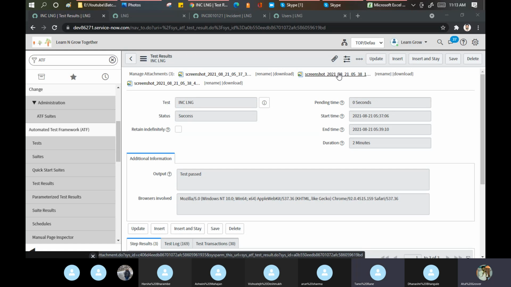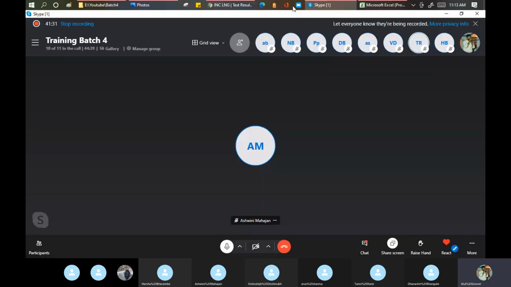Okay. Clear? Yes, Arun, Harsha, Ashwani, any doubt, any question? No, sir. Clear. Okay. But only one question. Yes, Arun. I mean, ServiceNow is doing so much, right? Testing and then capturing, right? So what is the total memory which we get in one PDI?